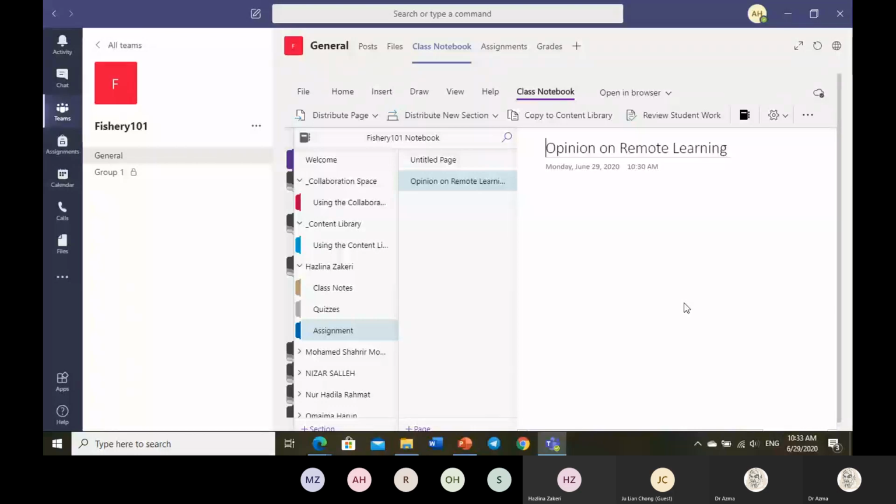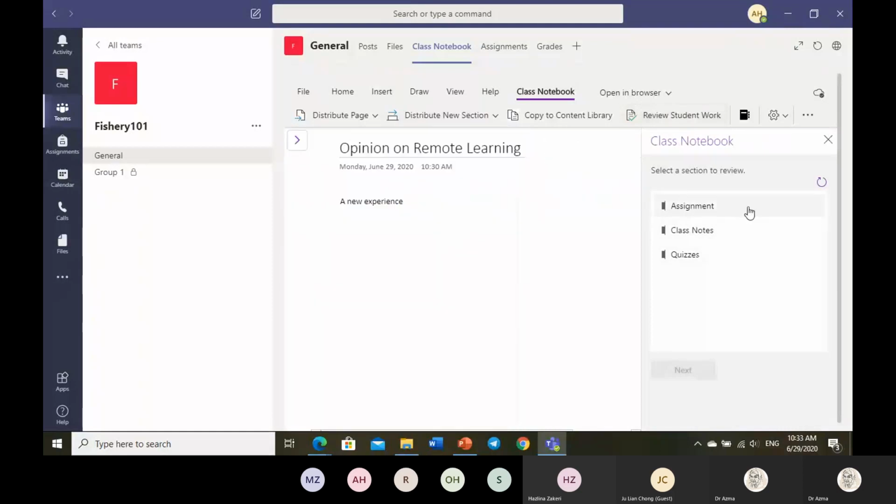So this is the use of the class notebook, meaning that I think for a lecturer, you will make your work a little bit more organized. If you, let's say, from the beginning of the semester, you have already put in all your contents, you have already created a new experience. Okay, see, Dr. Hazlina has already written a thing there. So let's say if we want to review her work, all right? So I can go to review student work, go to assignment,